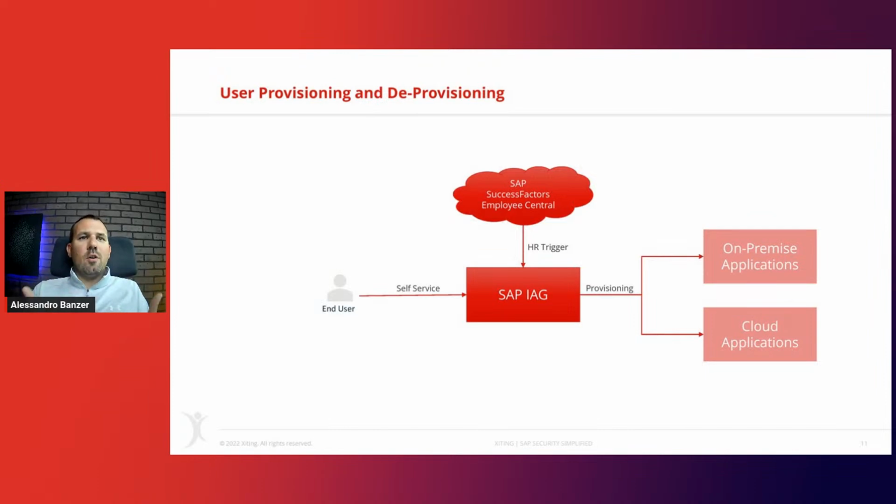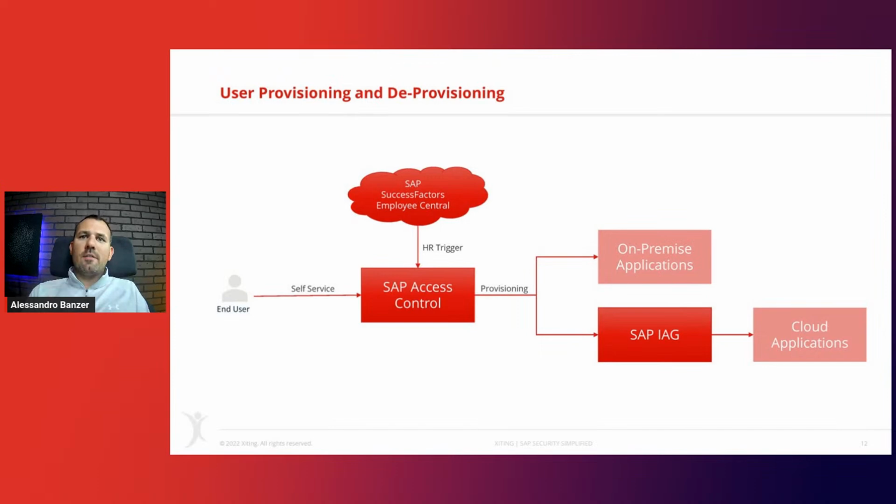And around that, we obviously have a lot of reports and insight into what happens. We can see what came from HR, what was manually started, who were the approvers, who approved, who didn't approve, was something rejected, were there some mitigation controls added, and so on. It has the simulation as part of that. So we have risk analysis and so on, all part of that workflow. And then IAG ultimately provisions.